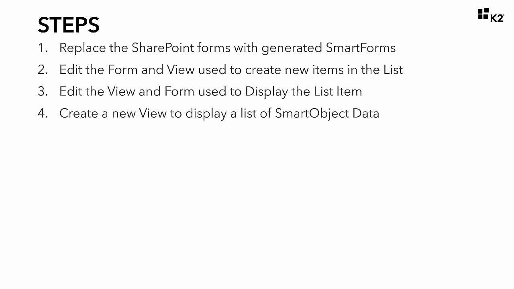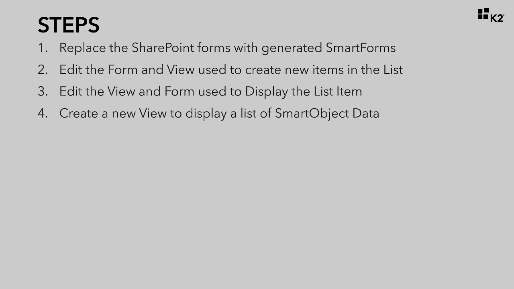For step 4, the concept we are going to look at will be to create a view that will use a smart object to display a list of the current items in the Hello World list. Make a mental note here. The following steps could apply equally well to smart objects that expose data from other systems. For the sake of time, we're going to keep it fairly simple by using the Hello World list smart object